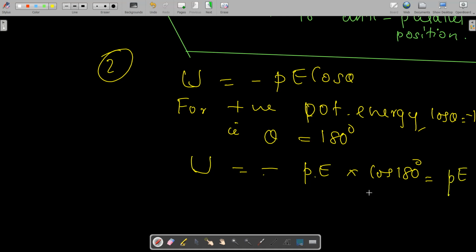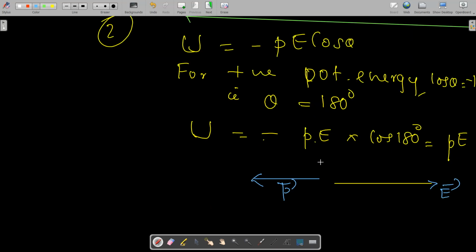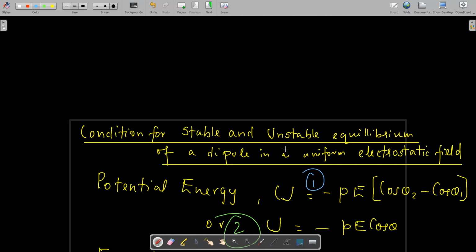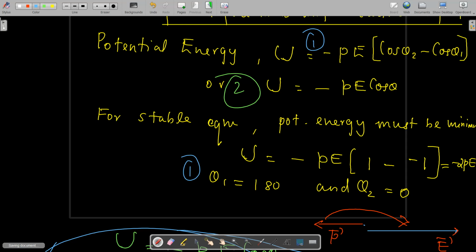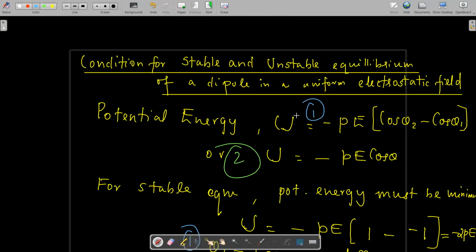Okay, what does it mean? The dipole should align anti-parallel to the field direction. When the dipole moment is anti-parallel to the field direction, the field is acting in this direction and the dipole moment is anti-parallel, we get positive potential energy, and it is a condition for unstable equilibrium. Okay, then this is the case of a dipole placed in a uniform electrostatic